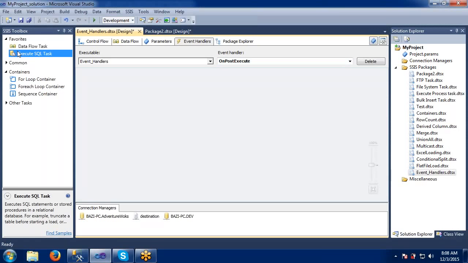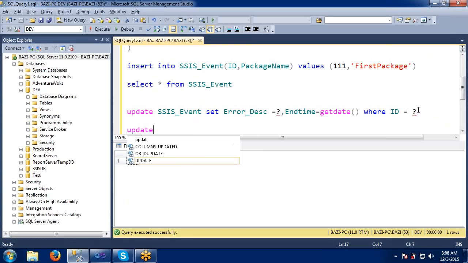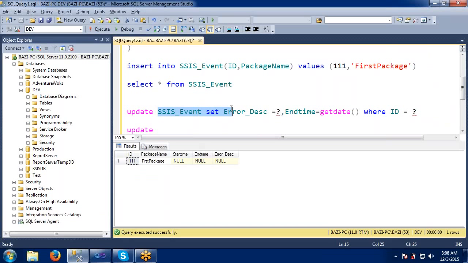Click here and update this one. The same thing here. What we are going to do is update the same table on the post execution. What we are going to set: end time equals to get date, means once that package is updated, just update the time, that's it.